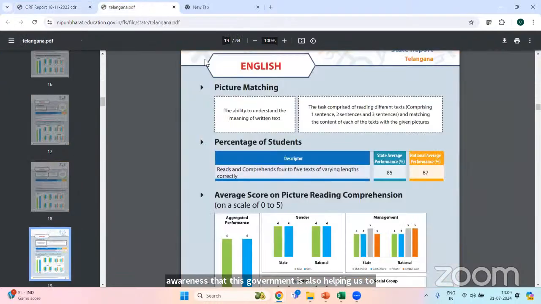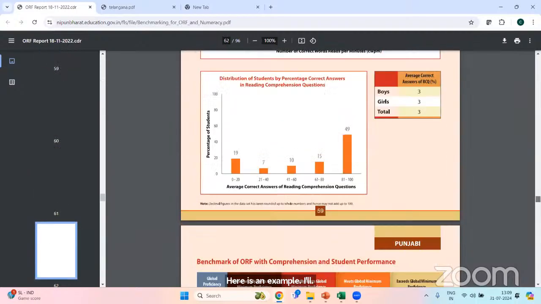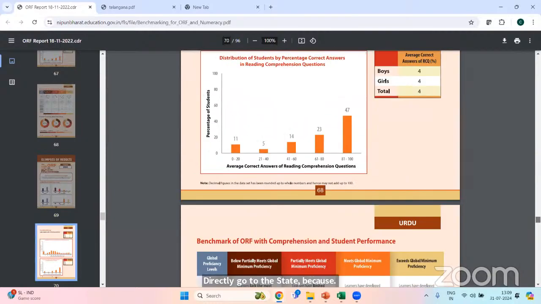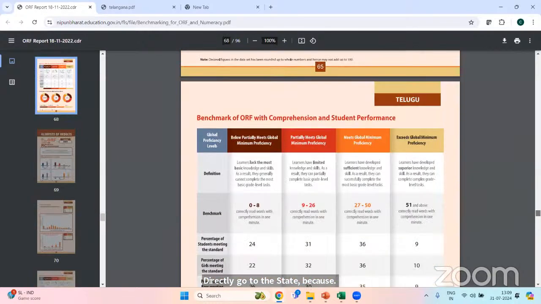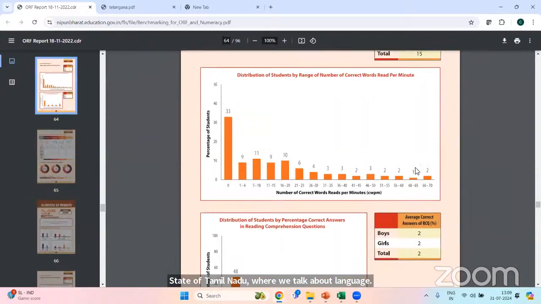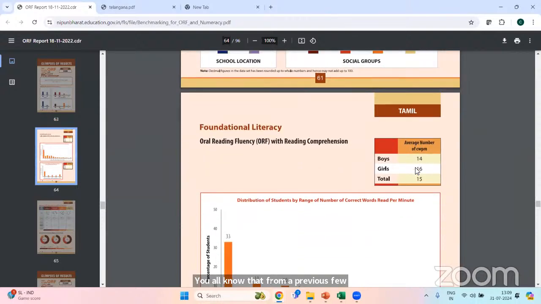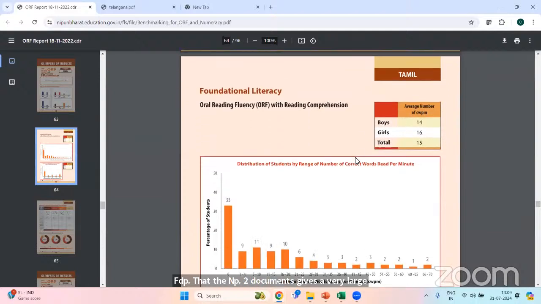Here is an example. I'll directly go to the state of Tamil Nadu, where we talk about Tamil language. You all know from our previous few lectures on this FDP that the NEP 2020 document gives a very large emphasis on regional education, bilinguistic education, and